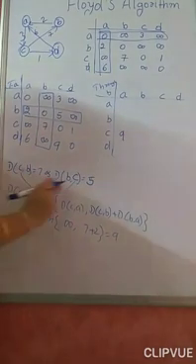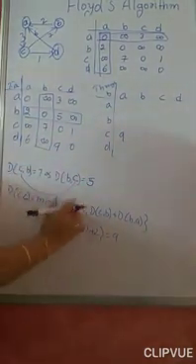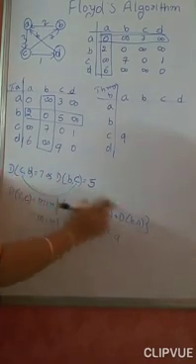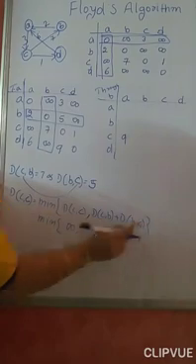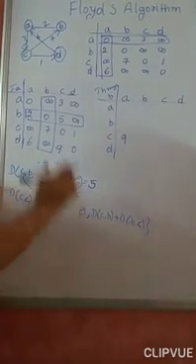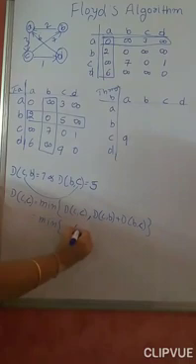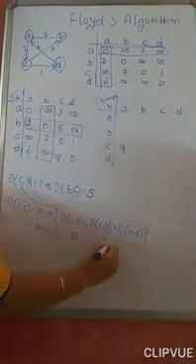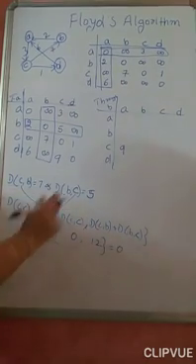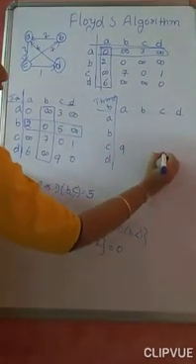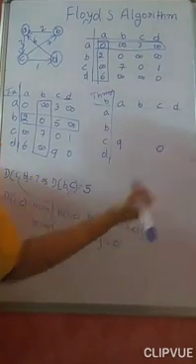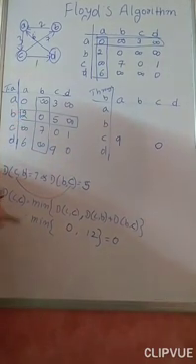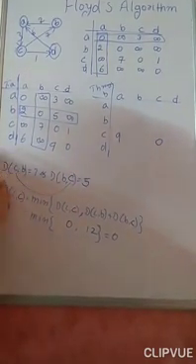Now the distance from C to C. The previous distance is minimum, or through B, that is C to B and B to C. Which is minimum? The previous distance C to C is 0, and 7 plus 5 is 12. 0 is minimum, so C to C will be 0 only. Diagonal elements will not change. Other updations we cannot do through this B. Therefore it is over.